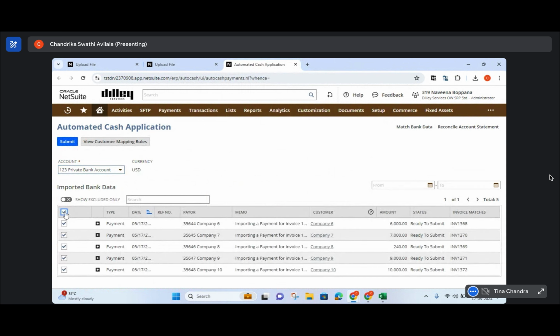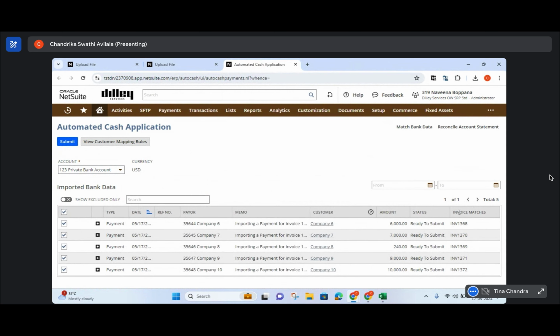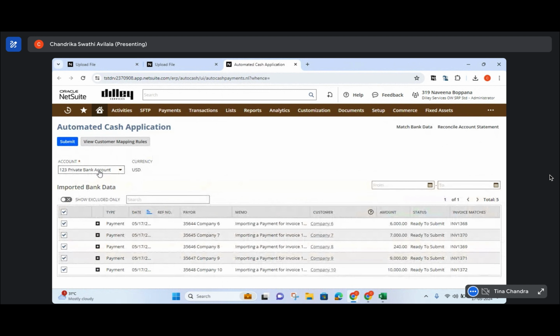By mapping the specific invoice numbers to the CSV file, the system can automatically match open invoices and create payment records. We can validate the payments and observe that the imported payments are automatically matched with the outstanding invoices. So please select the checkboxes that have been reconciled and then click on the